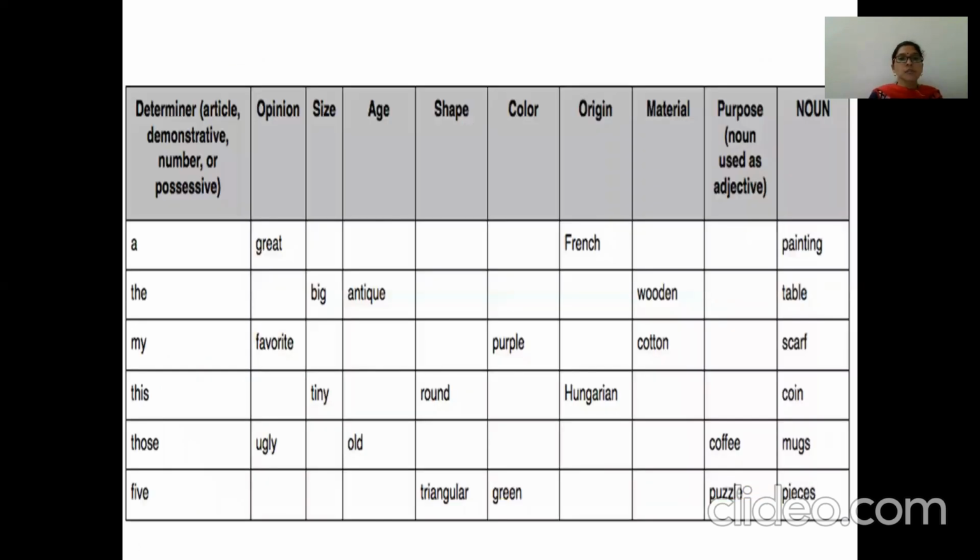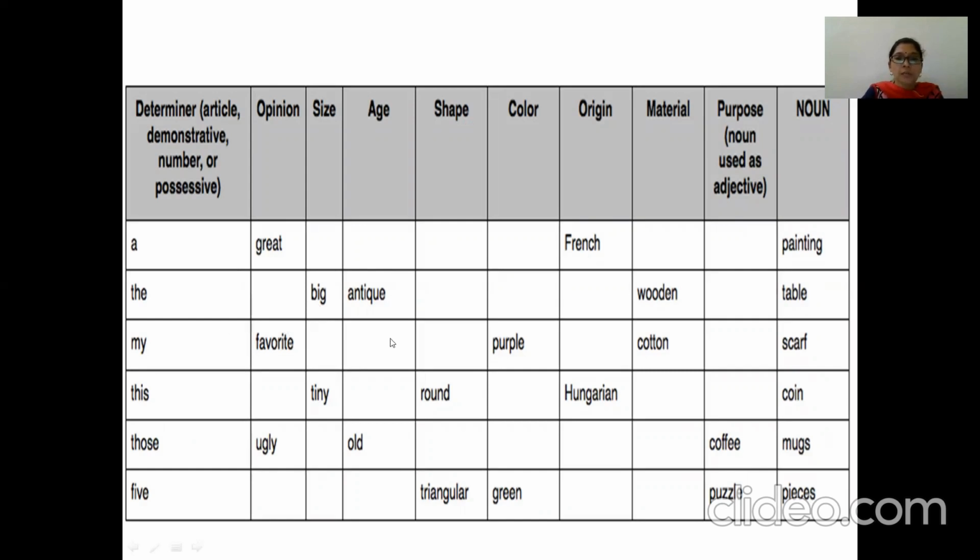Now we will see a few examples. You can see the first one. Determiner is a, great, French, painting. So a is determiner, great is opinion, French is origin, and the noun is painting. In the same way, the big, antique, wooden table.